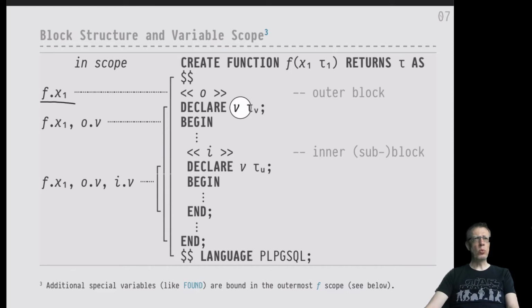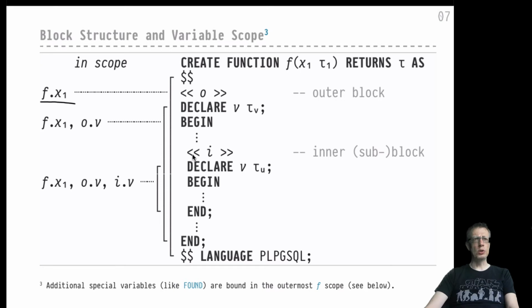What you will then be able, of course, is inside this block, which is this scope. Inside this block, of course, you will be able to refer to variable v here. You could also be very explicit and refer to o.v here. Okay. Inner blocks may be declared inside that outer block, and again we have explicitly labeled this inner block, which